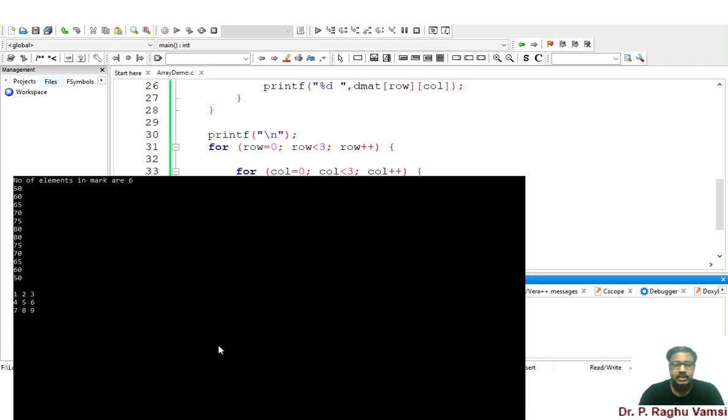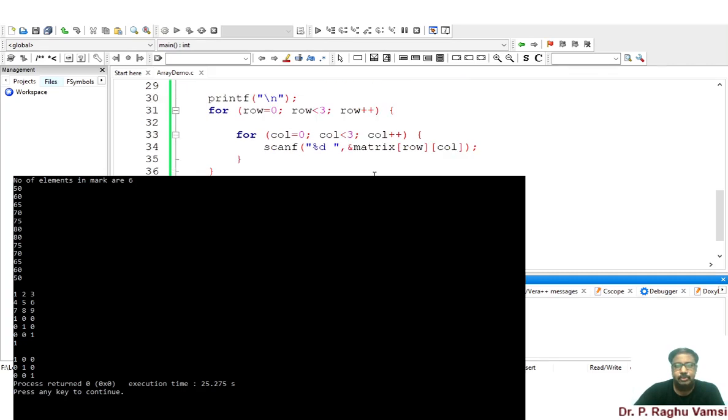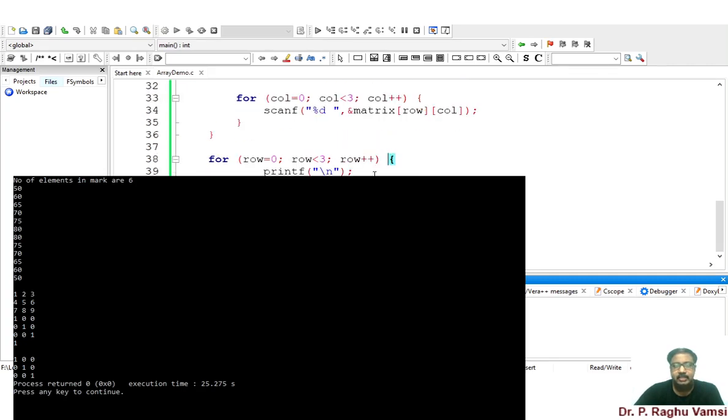Now I will enter 1 0 1 0 0 0 1 0 0 0 1. Whatever elements I have typed, the same elements were printed here. So this is the way you are supposed to read the elements and print the elements.